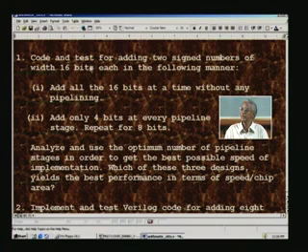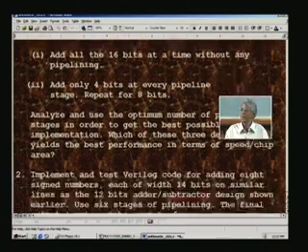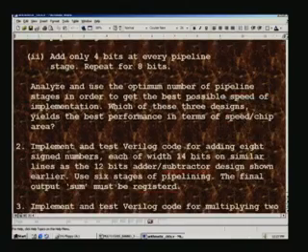Do the same thing for the 2 numbers addition using 4 bits at a time as well as 8 bits at a time. In fact, there are 3 different problems. This is another problem, this is another problem. You have to solve them independently, and add a pipeline stage. Before doing that, first analyze and use the optimum number of pipeline stages in order to get the best possible speed of implementation.